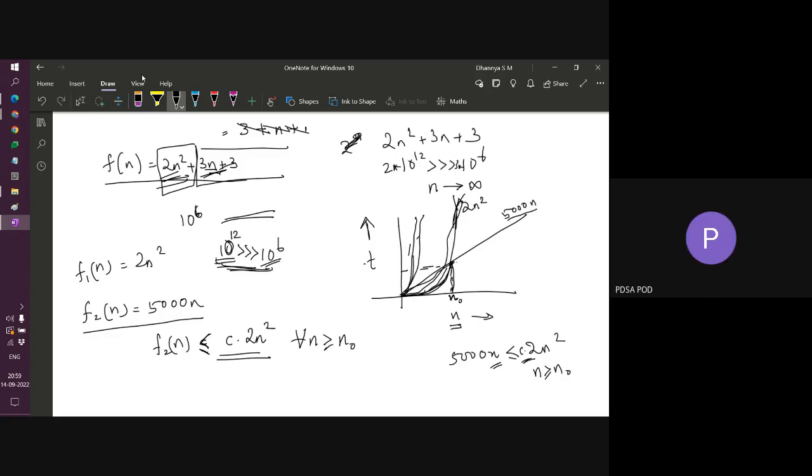Now from this graph, it should be clear that whatever this constant 5,000 might be, unless it is something like 1 billion or something, this 2n squared will be the dominating value as compared to the 5,000n. So n squared will take more time to execute as compared to the 5,000n. Correct. So in that case, we say that this f1,